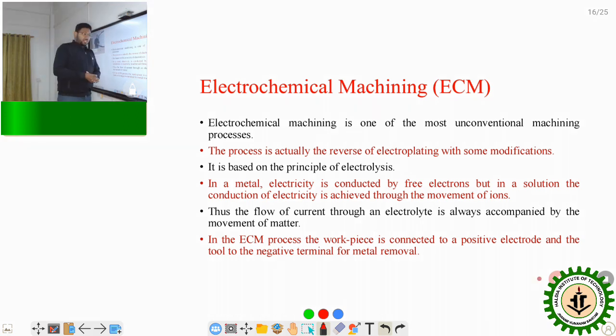Now, the electrochemical machining process. This is a very common type of non-conventional machining process, which is nowadays used in heavy industry also. It is used in medical science also. Okay. Now, what is electrochemical machining? The energy source of the electrochemical machining is basically the